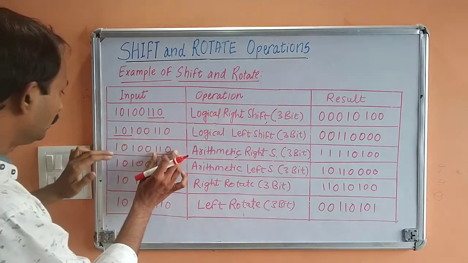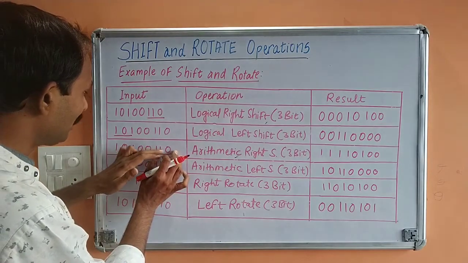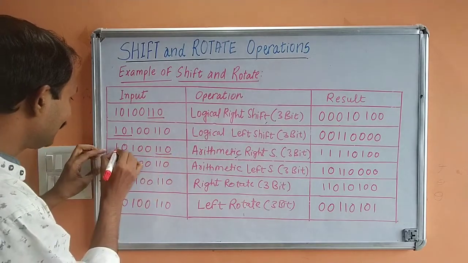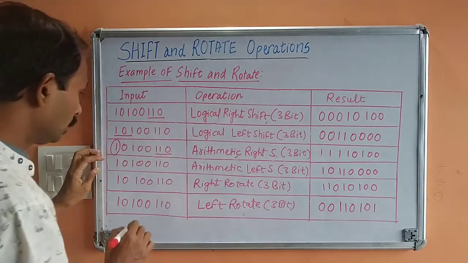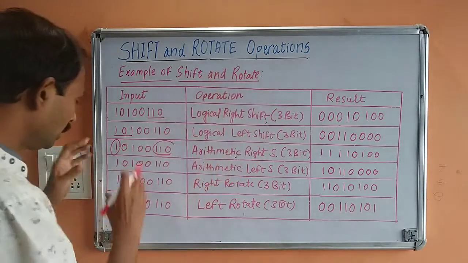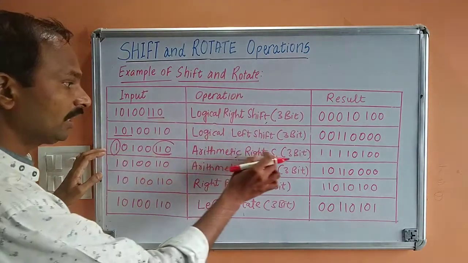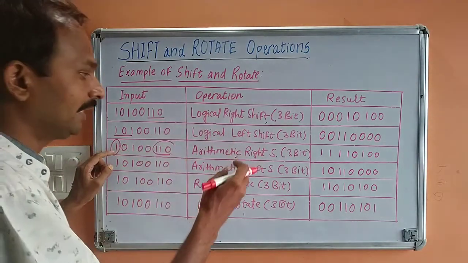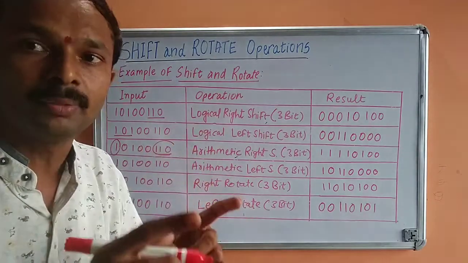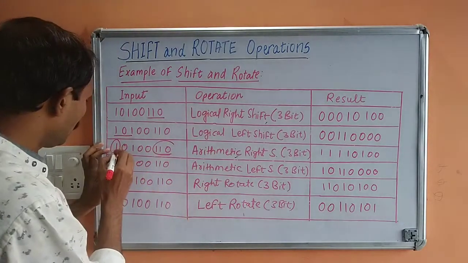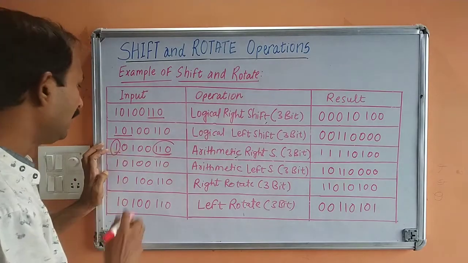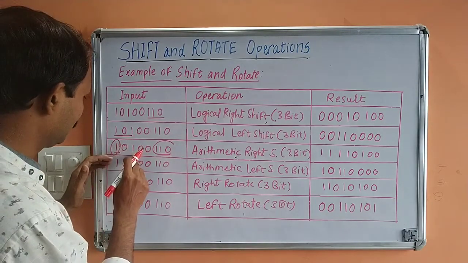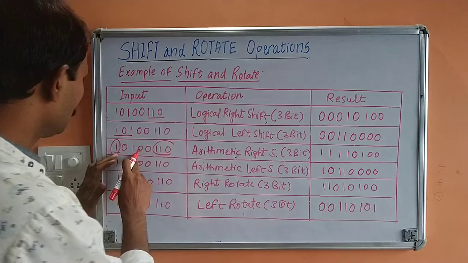Now if they go out, what will happen to these numbers? See, just concentrate. This is a 1 2 3 4 5 6 7 8 bit number, right? This is a normal 8 bit number. Now what will happen? See, this is a sign bit, right? So as these bits are out, what will happen? What we are doing in arithmetic right shifting, we are preserving the sign bit and the same bit we are shifting on right hand side. If you look at the previous diagram, the things will be clear to you, right? So 1 will be here only, right? And we will shift this 1 again by 2 bits, right?